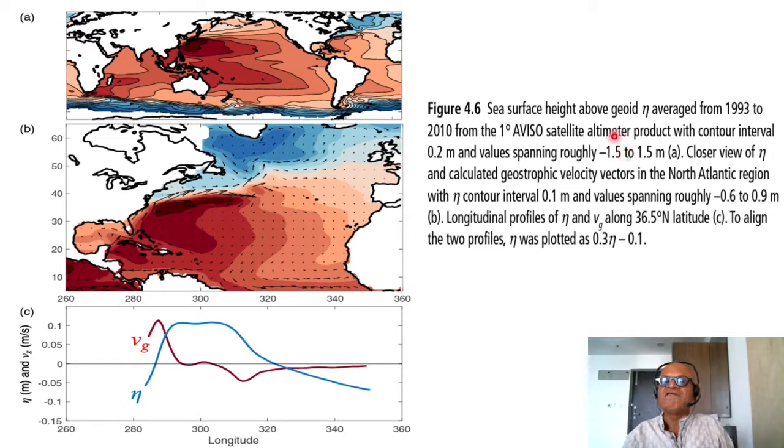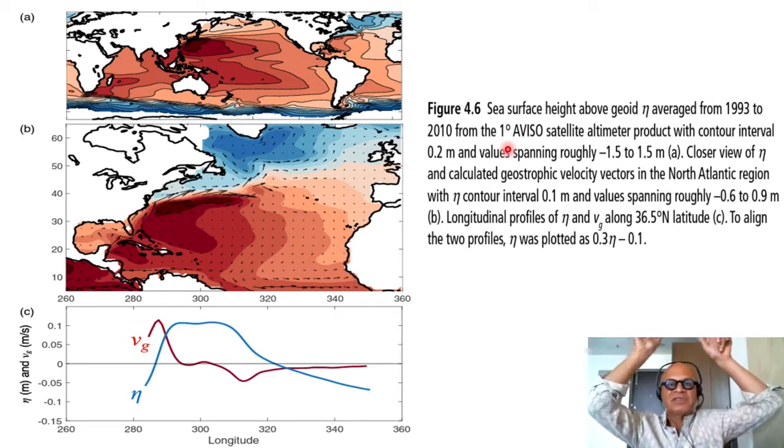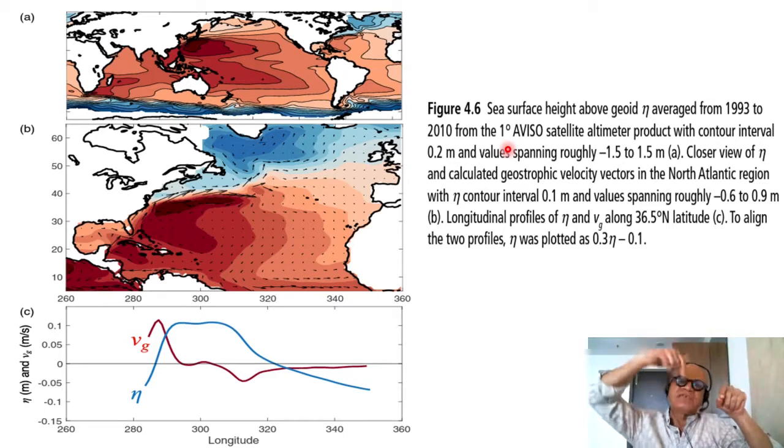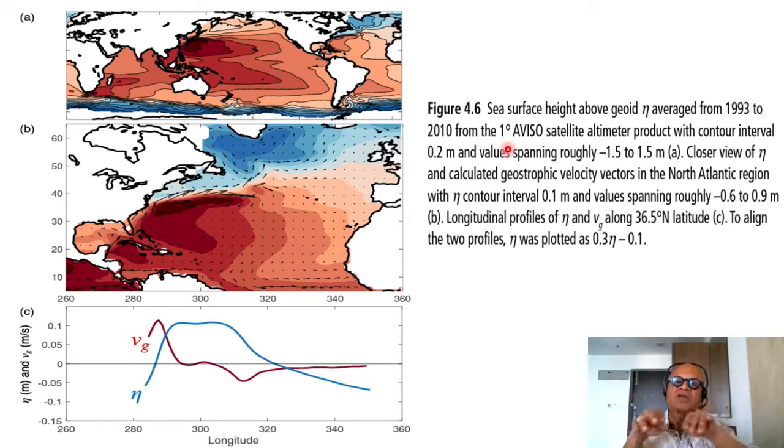Sea surface height above the geoid, eta, averaged from 1993 to 2010, from the AVISO satellite altimeter product. The altimeter is flying up there at some 1400 kilometers, sending a signal down and measuring the travel distance, to see how it changes based on the sea surface height change. So it can detect changes at the level of 1 centimeter from high up by looking at the travel time change,